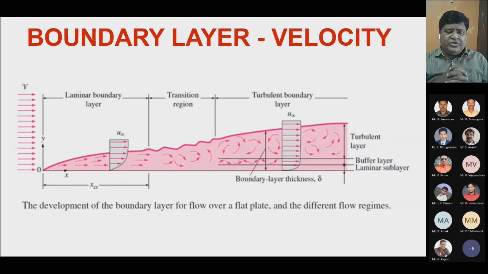And normally for the transition zone, people have not captured any kind of correlations or equations. We normally do only laminar and turbulent, not the in-between transition zone. Not much accurate data is available to capture this transition zone phenomenon exactly. Analytically it is not possible, and experimentally it has not been done. So we directly go from laminar to turbulent and say this is the Reynolds number range in which laminar will convert into turbulent.